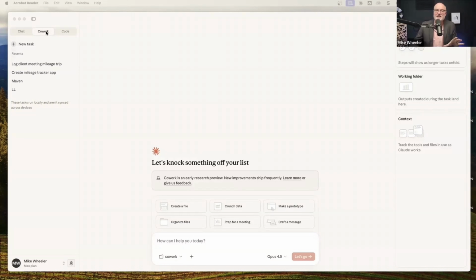And so there's some conversation starters that you can start with as far as knocking something off your list, such as creating a file or crunching data or more. And so I'm just going to prompt it to actually get to work with building this agent and then follow the breadcrumbs from there. And we can also look at some of the other things that I've done recently, such as creating a mileage tracker app and then using that app to log client meeting mileage trips, and not only an app, but turning that into an agent that works inside of Cowork. So it's using Cowork to build an agent that works inside of Cowork. So it's kind of Inception-esque, but for our purposes, we're going to build